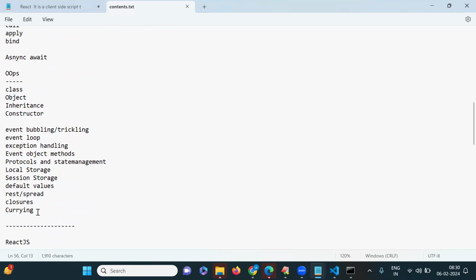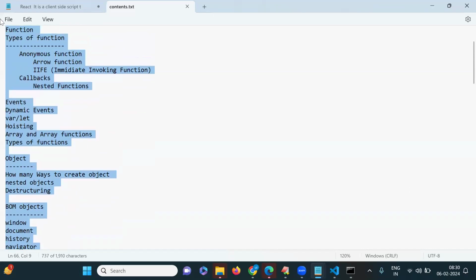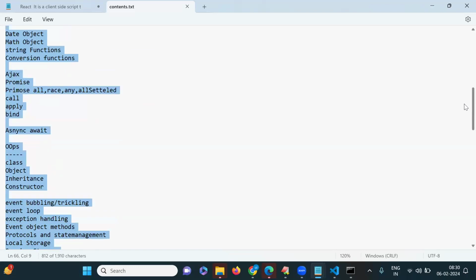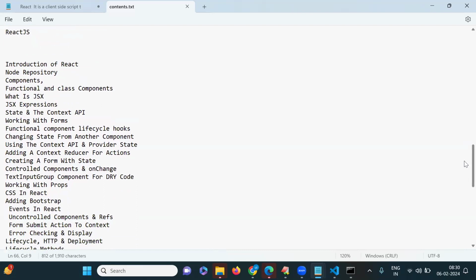So up to here, these are the concepts of JavaScript. First, we are discussing those. After that, we will start the concepts of React.js, like what is JSX, what is